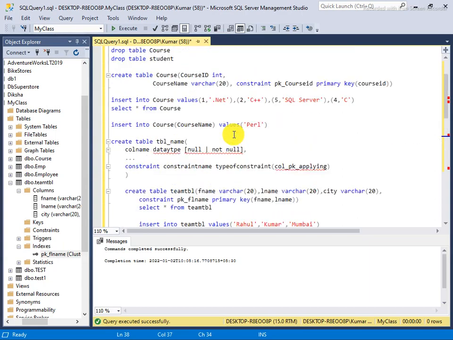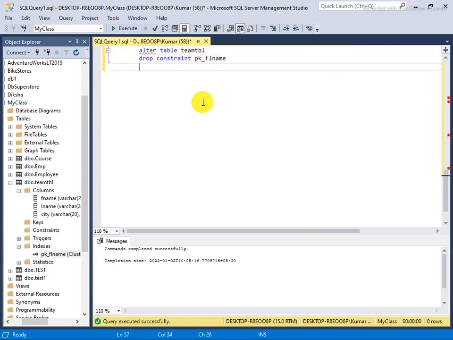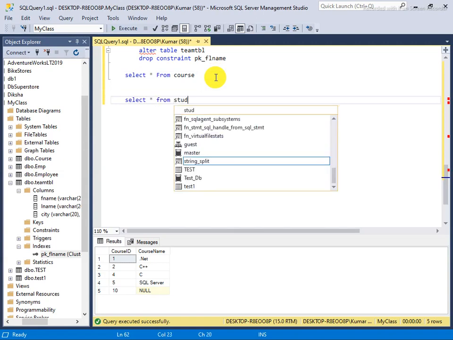See here, I am using the course table. Select star from course. I already said that course ID is the primary key. Now I am going to make a student table. Select from student.